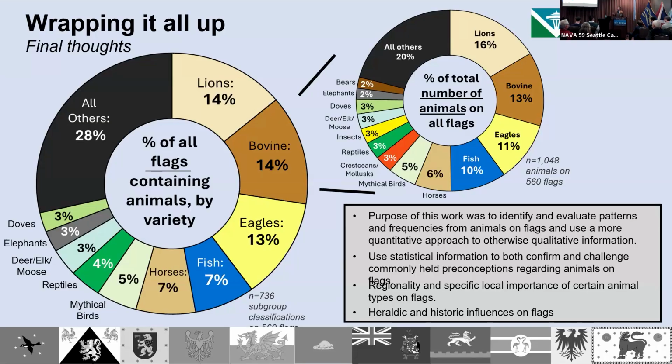And then to figure out what the animal was, because the image quality was also an issue, where a lot of the regional flags specifically are really blurry and grainy. And I'm like, it kind of looks like a bird, but I can't tell if it's an eagle or a friarbird or a seagull. So I actually had some subclassifications that are just stylized or unidentifiable, but I could tell it was a bird. I would classify it as a bird, but I wouldn't subclassify it any further.